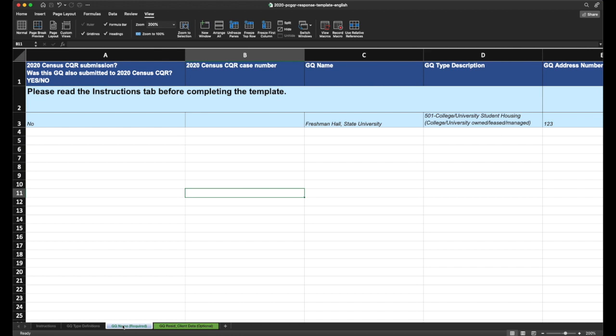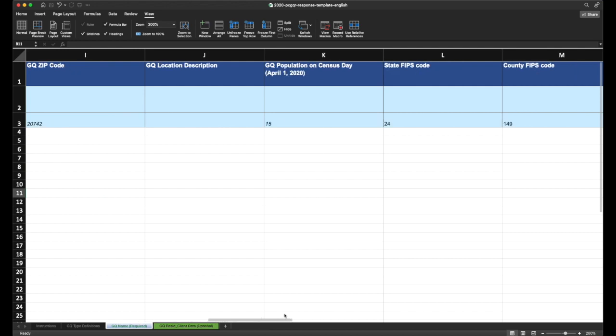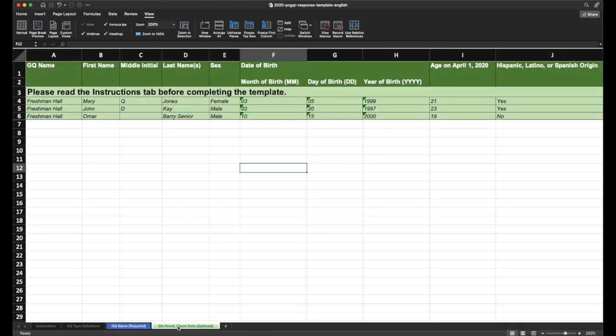When filling out this template, you can also use the geocoder available on the PCGQR page to identify some of the information required here, such as the state FIPS code, county FIPS, census tract, and census block code. The resident client data is optional. If you want the Census Bureau to review the demographic information about the group quarters, please fill out this tab. Once you finish filling out this template, save it as an Excel or CSV file.